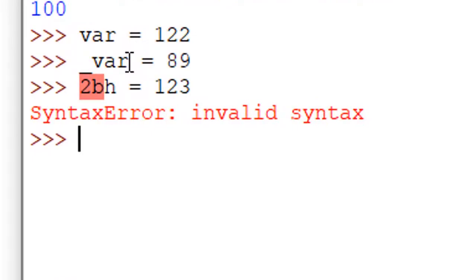See, the first rule is satisfied. It only consists of 2, p and h. All three are allowed in a variable name, but it is starting with a number, so it's not allowed. You can write p2h is equal to 90. That's a valid variable name. Understood? You just need to follow these two rules and that's it. You will be able to create a variable name.